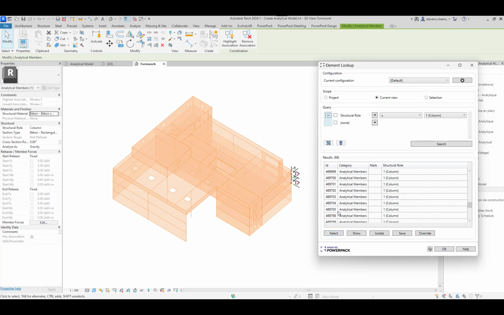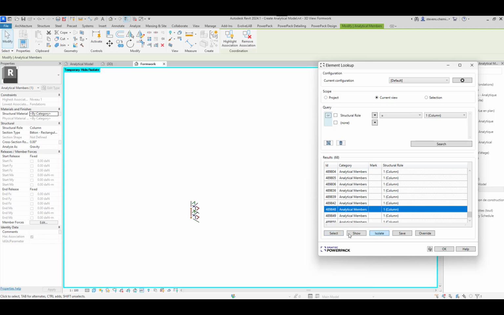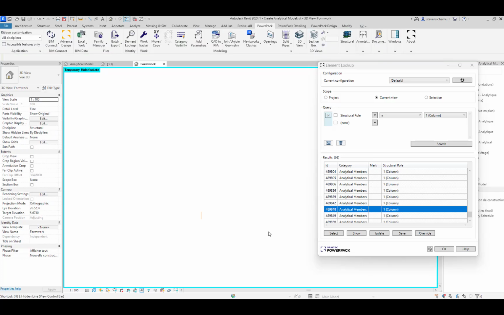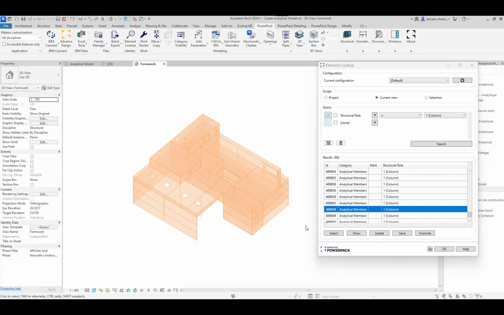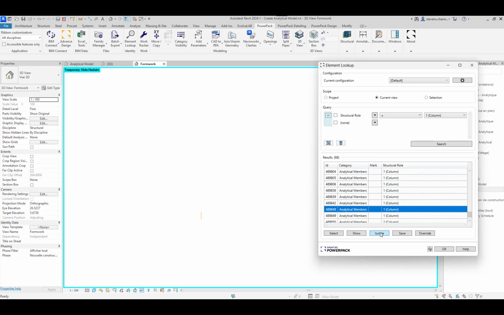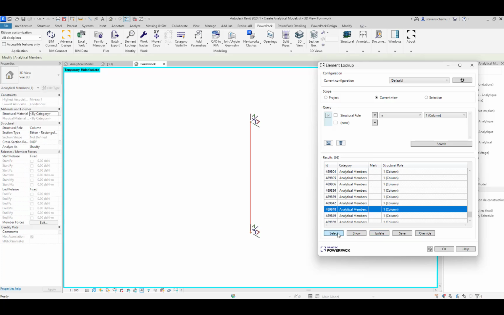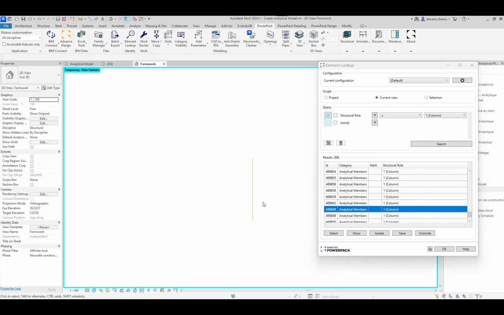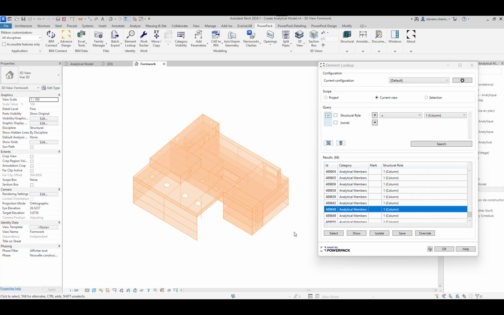It's very easy to select some objects, or I can isolate one specifically, or I can directly isolate, show everything, zoom in, also select the object. So I have various commands.